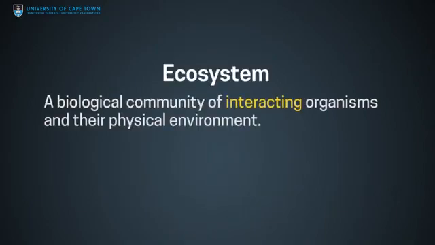These interactions between different species and between the species and the physical environment can lead to what some people call emergent properties, characteristics that you wouldn't predict as a function of the individual characteristics of the species, and also characteristics of the ecosystem that make it resilient to stress and change.